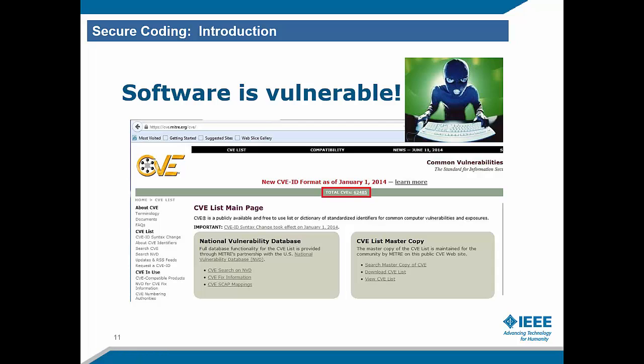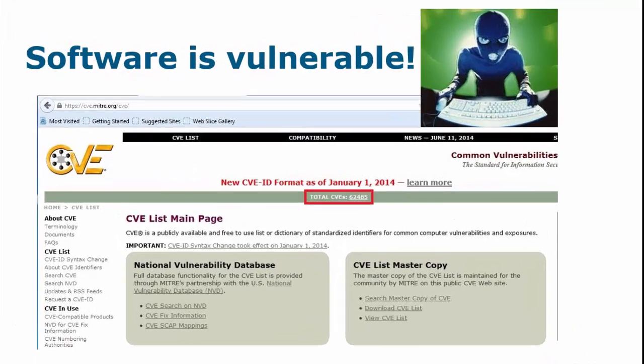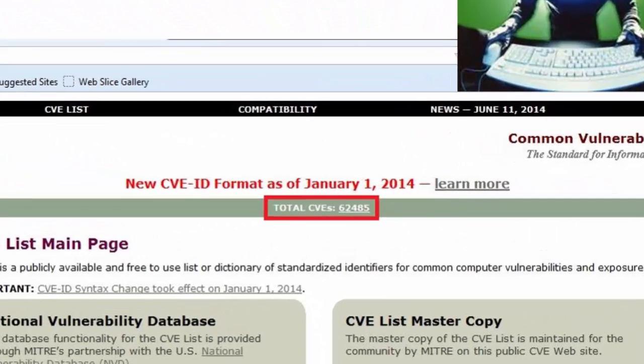CVE stands for Common Vulnerabilities and Exposures, and according to the CVE website, as of today, the total vulnerabilities that have been identified in various software out there is 62,485. But this is just the tip of an iceberg, because in many cases the software vulnerabilities are not reported